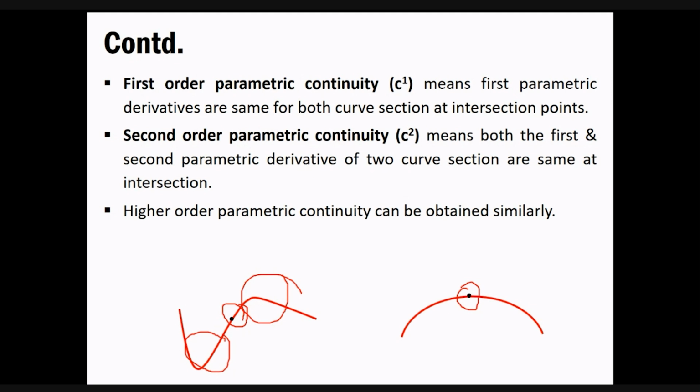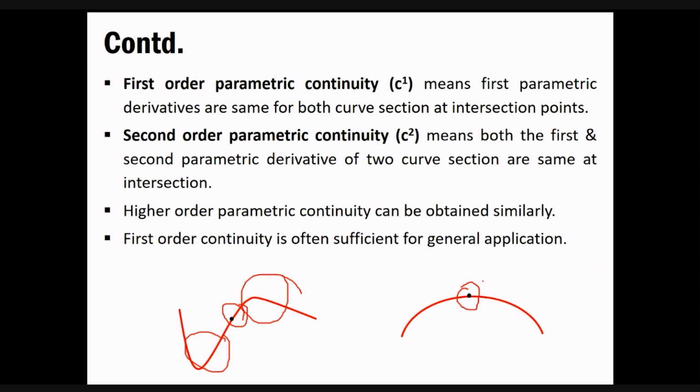If you want to take the third order derivative of the two sections of the curve where they meet, you can simply calculate it. It will again take more resources out of your computer, but it will give you more precise results. It is often sufficient for general applications that are not making any such impact.